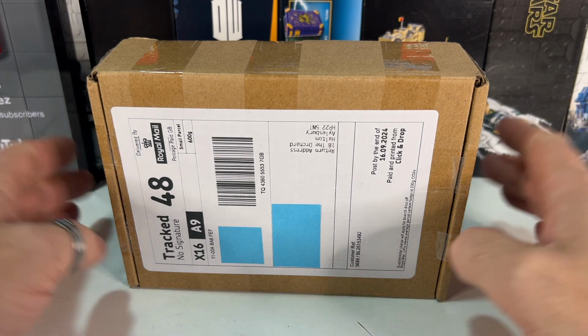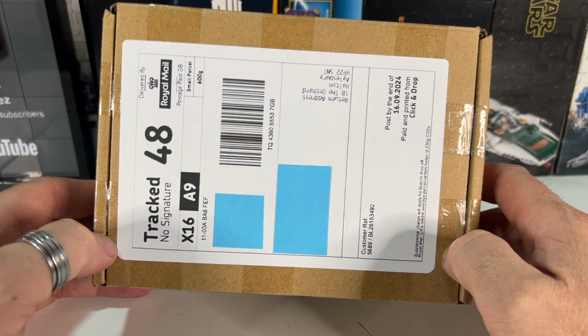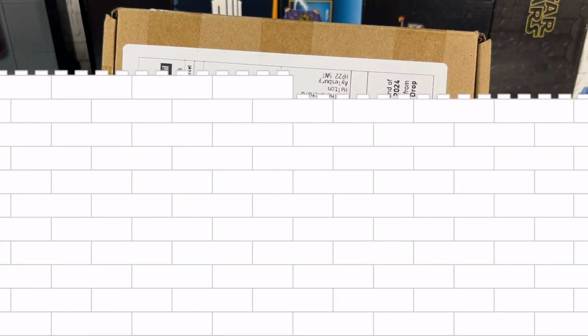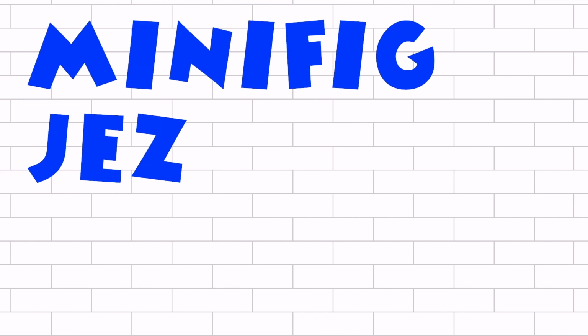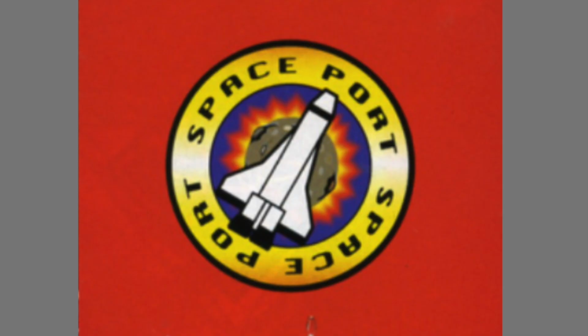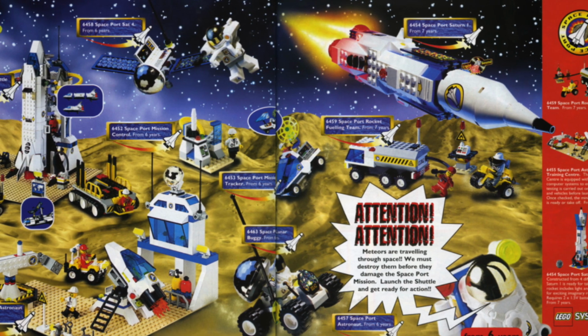Hi there, and inside this package, which has just arrived, I've got a teeny tiny set from 1999. Now inside here is a set from the Spaceport theme. Now that was a theme which was around only for 1 year in 1999, and it was a sub-theme of